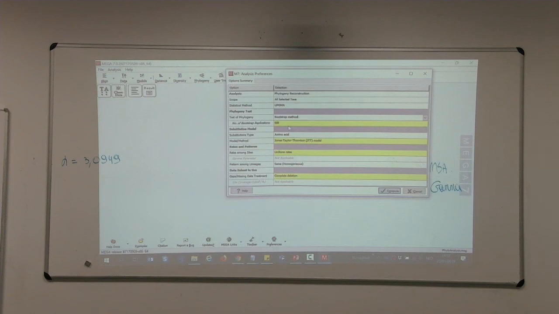You always need to use a bootstrap method to evaluate the robustness of your tree, always. For a distance-based method, we can use 500 replicates. We can use the GTR model, and here, for rates among sites, we don't use uniform rates, but we change this to gamma distribution, because we just determined the alpha value. As a value here, we can enter the gamma parameter, the alpha value,